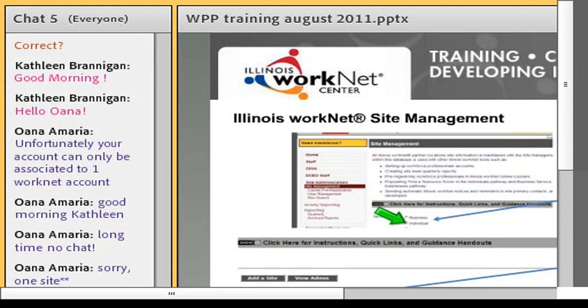And whenever they're added into the site, you can use the site wizard, and depending on how you answer the questions, the system will automatically know if it's what we call an access site that's open to the public. If it's an access site, which means it has computers that your customers can use to access the internet, to access Illinois WorkNet, and it's open to the general public, those are put in our site, and our Find a Location Near You will pull that information so that when a customer